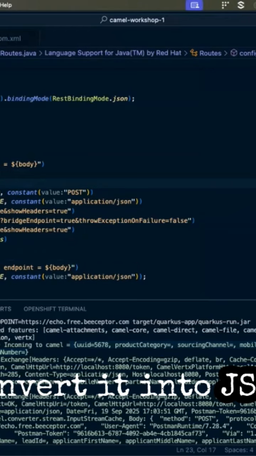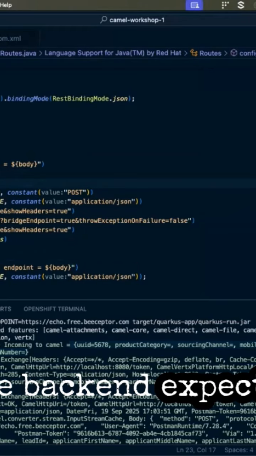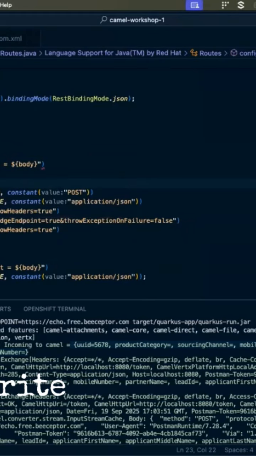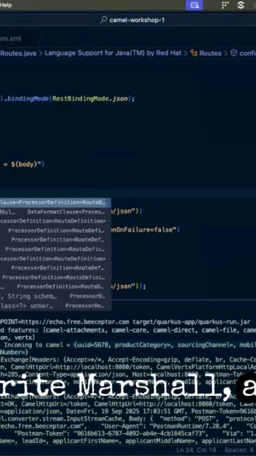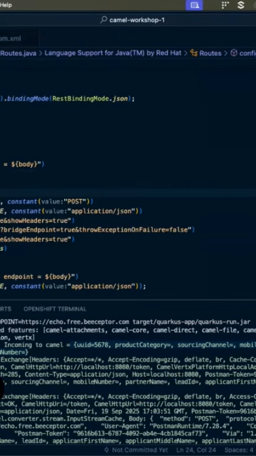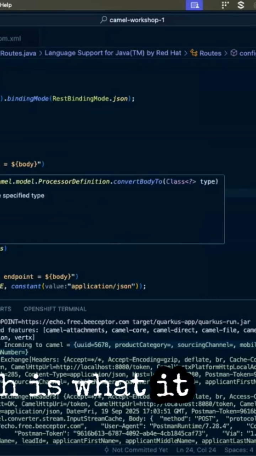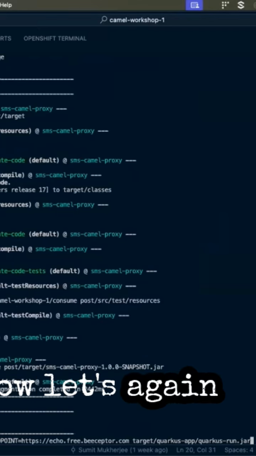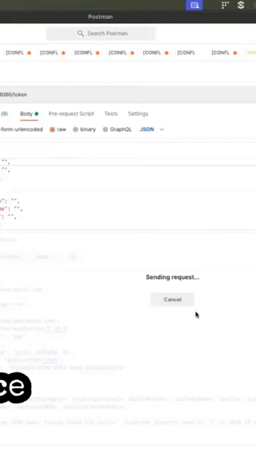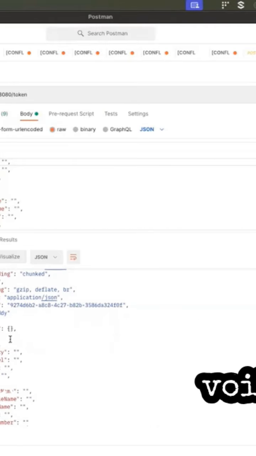Convert it into JSON, because that's what the backend expects. So all I have to do is write marshal and convert it into JSON. At this point the body becomes JSON, which is what it expects. Now let's try to run this again. Okay, let's hit the service once again. And voila, as you can see, it is now able to